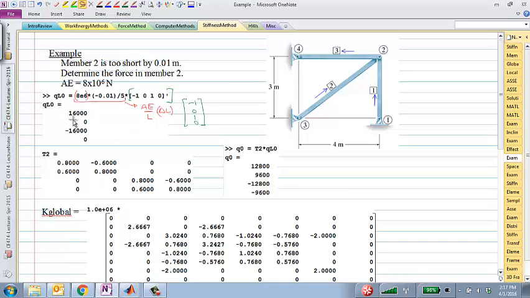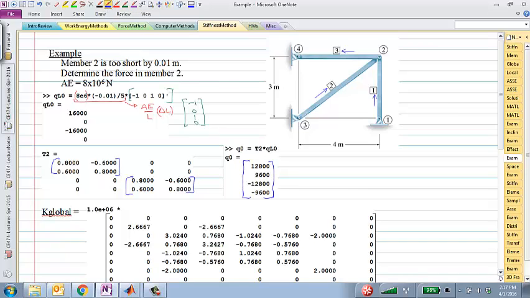So this is the Q local forces that I need to apply along the member to extend it back to the correct location, to the correct length. I will take the transformation matrix for this element 2. This is the transformation matrix for element 2. Clearly, you should be able to see the structure: cosine, minus sine, sine and cosine, cosine, sine, and minus those 2 cross 2 in those locations. And to convert the initial forces from the local coordinate system to the global coordinate system, I just pre-multiply by this transformation matrix, which gives me